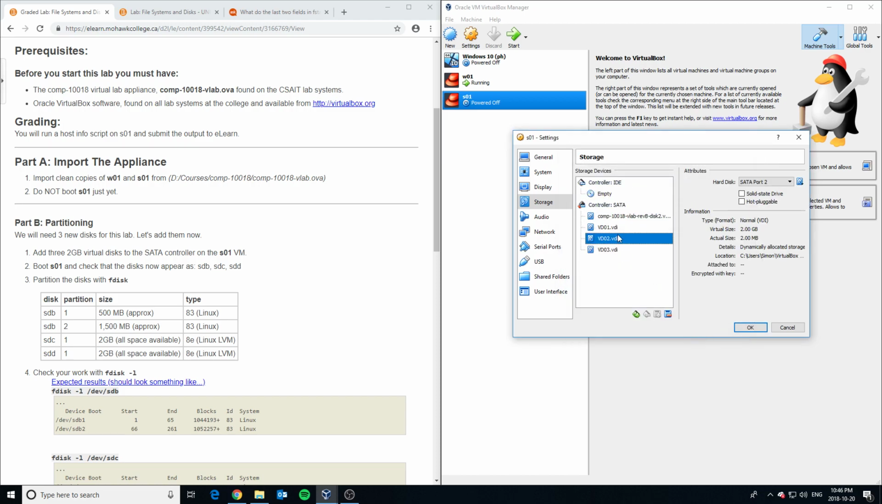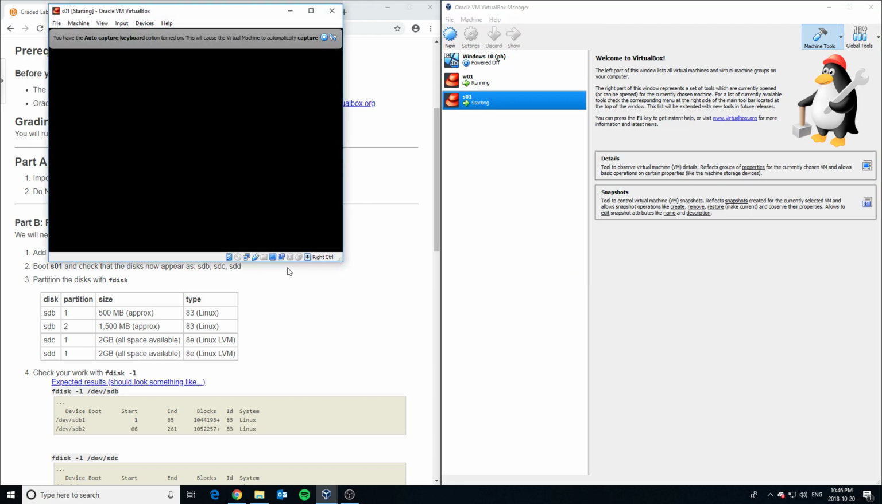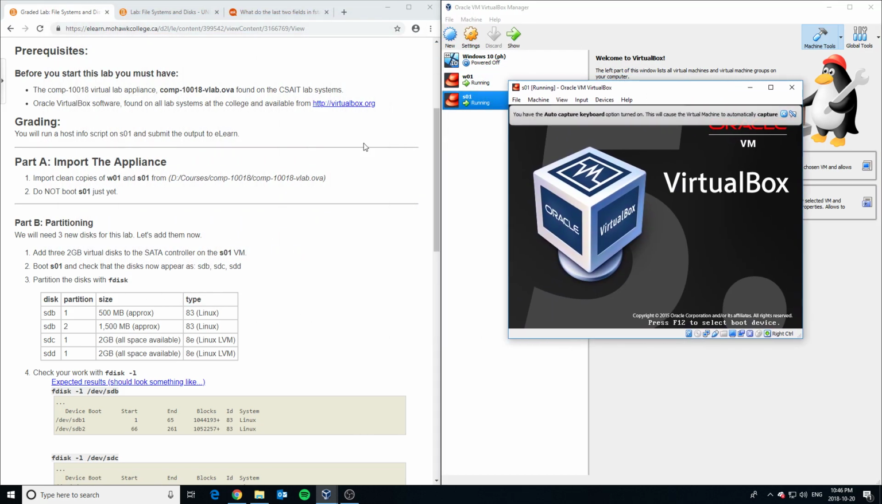And there we go. We have all 3 virtual disk images. They're all 2 GB and they're ready to go. So when you are good to go, you can click OK and start S01. It'll take a couple of seconds to boot up, but that's all you had to do for this first